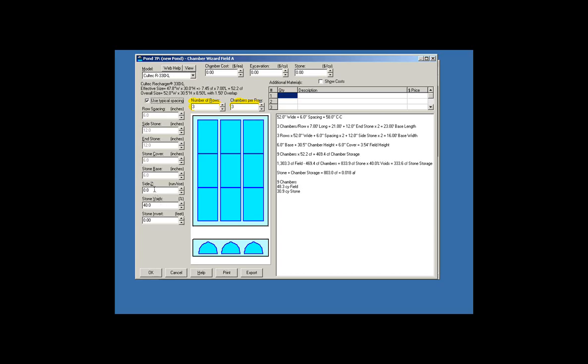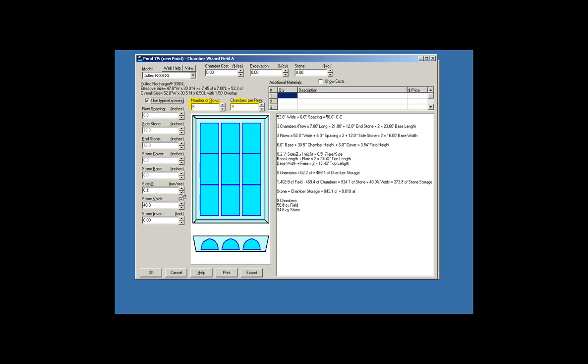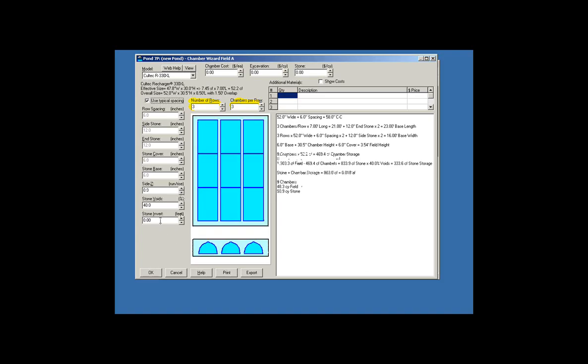We can also set a side slope, or side Z, so if you wanted to allow for the fact that your excavation may not have vertical walls, then we could slope the walls out on the side like that. And then for modeling purposes, we are typically going to specify the invert elevation for this overall system. We don't have to put this in if all we're doing is evaluating the storage, but if we're going to connect this to other elements of a drainage system, then it's important to know what the actual elevation of the